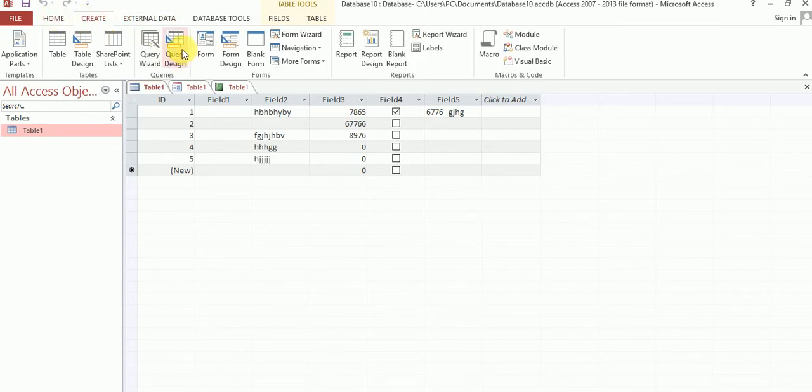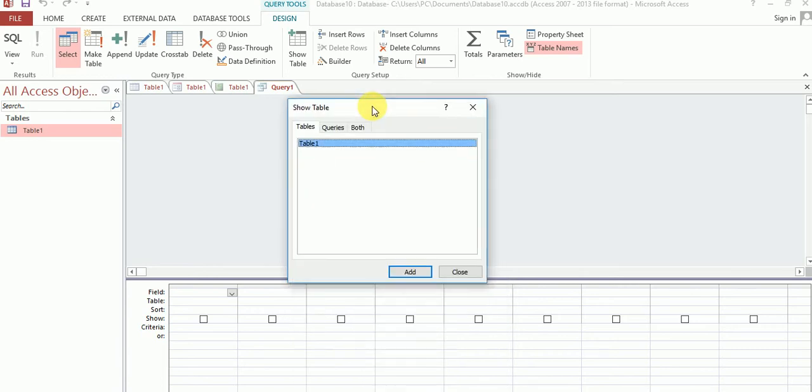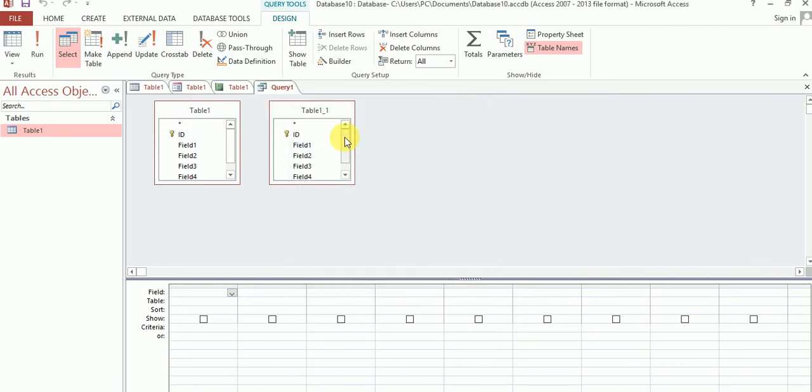You can see query design. Okay, query design. So table, yes, add. Okay, you can see query ID, field 1, field 2, field 3.